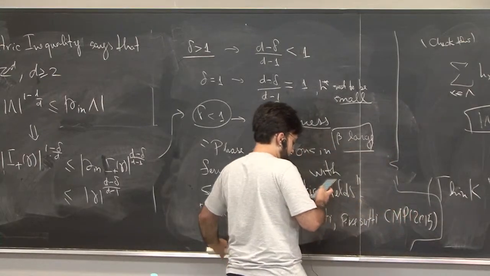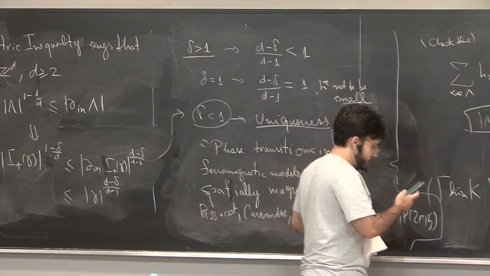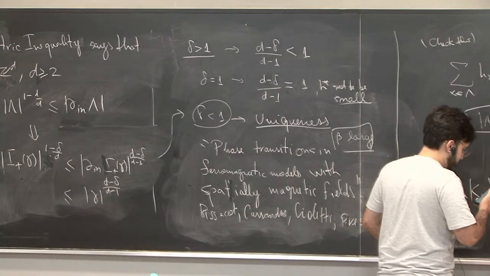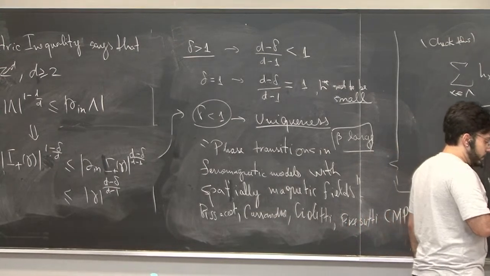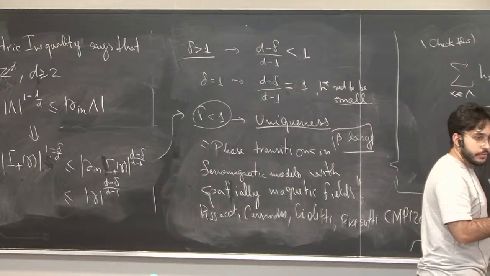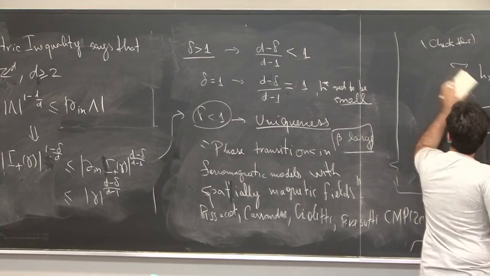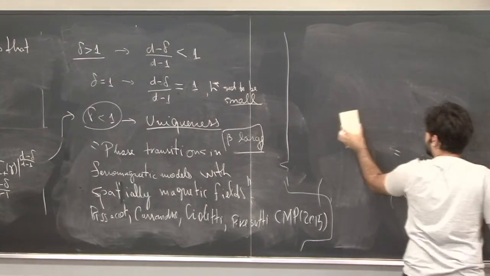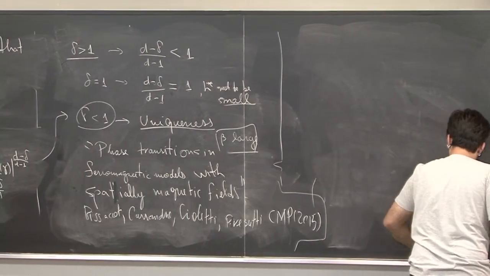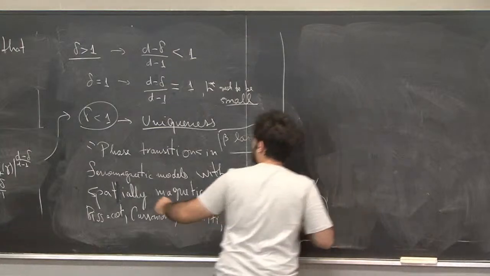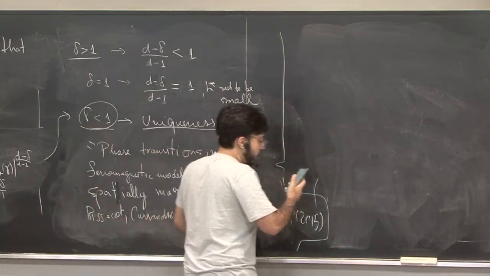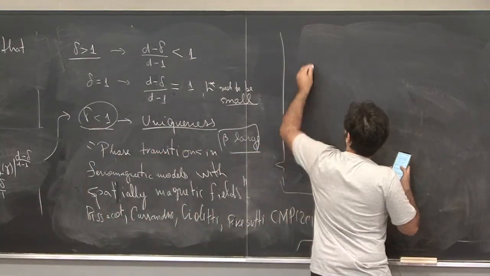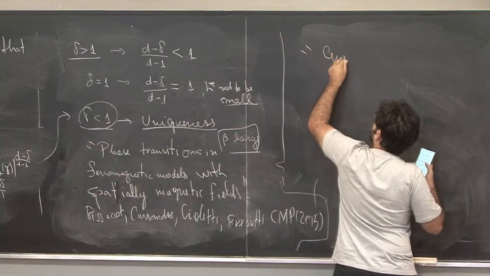So last time I didn't talk about this paper, I didn't put the name. It's the paper in JSP with Roberto Villa, right? So the problem of uniqueness in this region of the field was solved in this paper. So if you want to take a look,